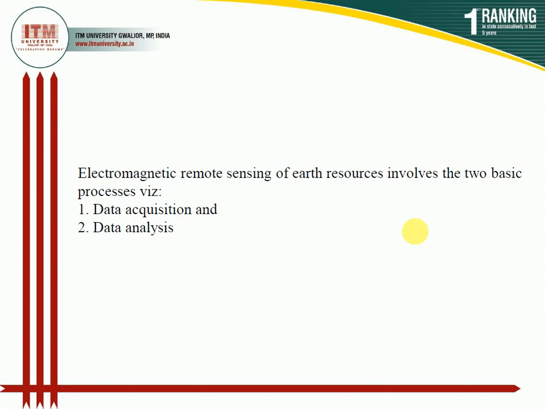When we talk about the remote sensing technique, there are two basic processes which occur in remote sensing. First one is the data acquisition, and second one is the data analysis. In the data acquisition, all sorts of land features, vegetation, means all sorts of information which we can gather about a particular object or place or any vegetation, we will collect that and then process that particular information in the form of image. Later on, that imaged information is further processed for decision making or any interpretation with the help of GIS software.